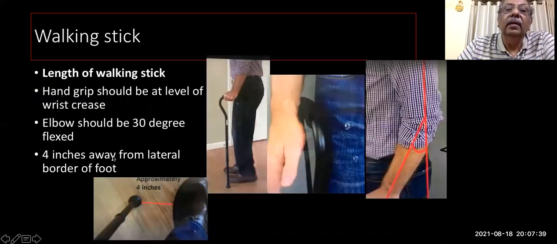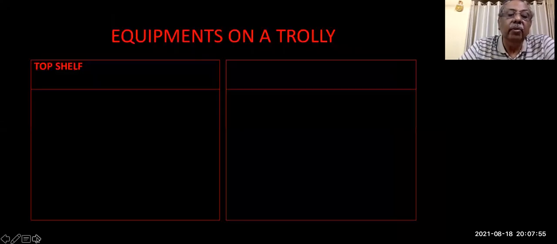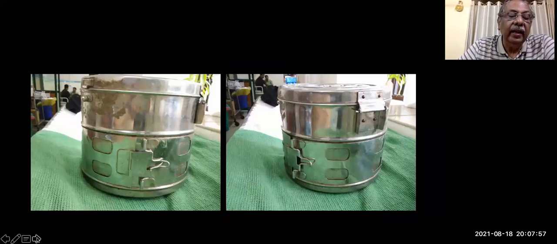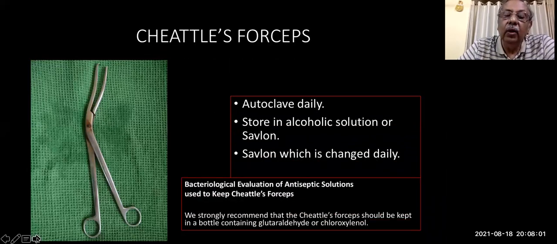Yeah, see, this type of bottles are commonly used in many hospitals. Therefore, when you introduce the cheetal forceps inside and take it out, it will touch the edges and it becomes unsterile. So you should not use this type of bottles for keeping that. And again, cheetal forceps is considered as a surgeon's enemy, and it is no longer used nowadays.